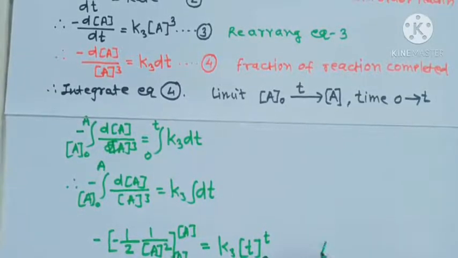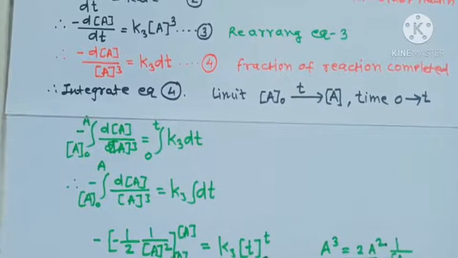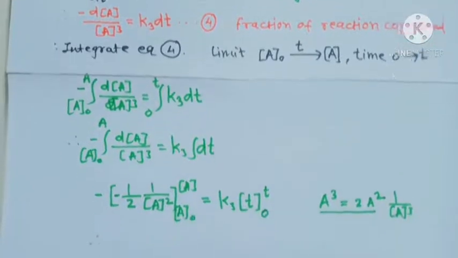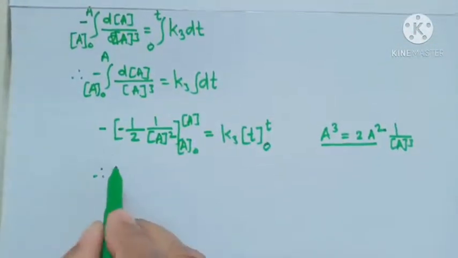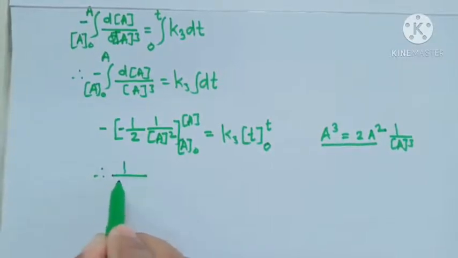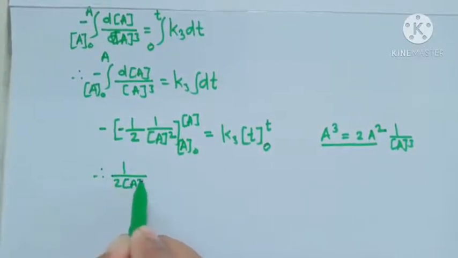So if you see the term, integration will be 2a raised to 2. And as it is 1 by a cube, we get half multiplied by 1 upon a raised to 2. There is a negative sign here, so negative becomes positive. Therefore, we will get 1/2 a raised to 2,